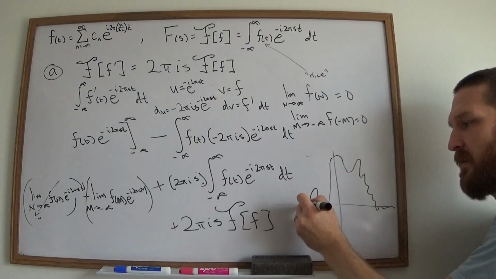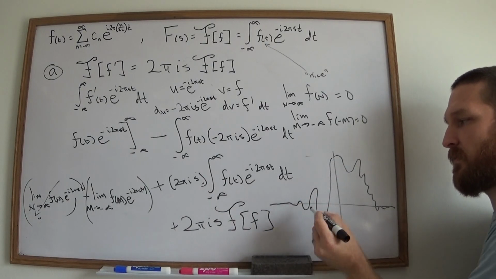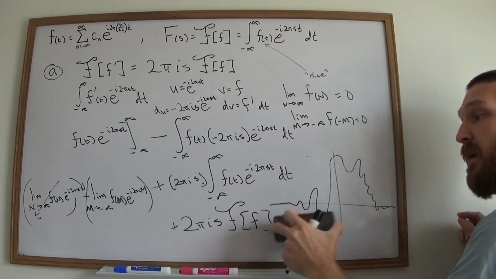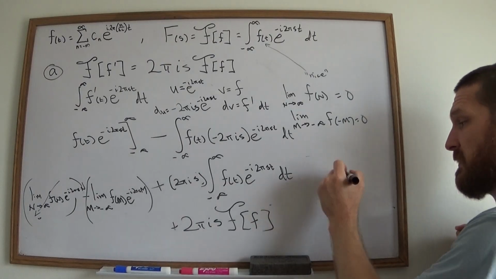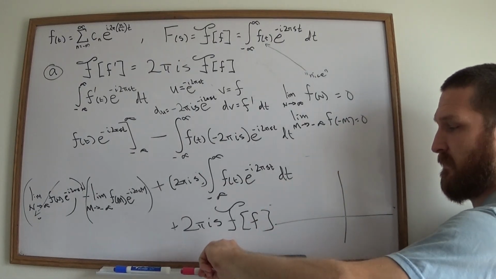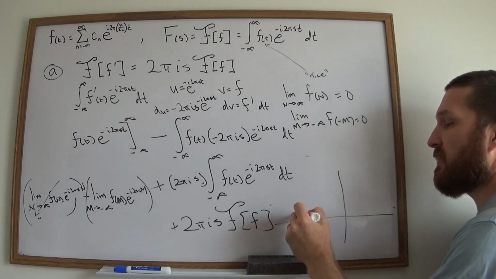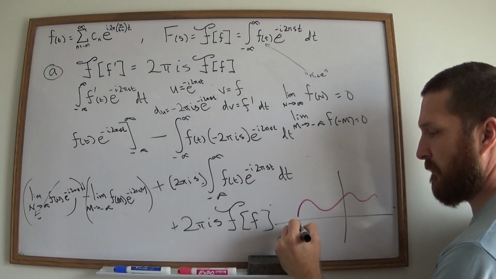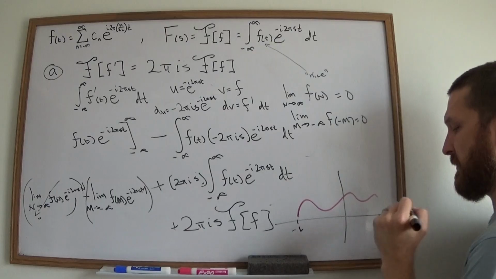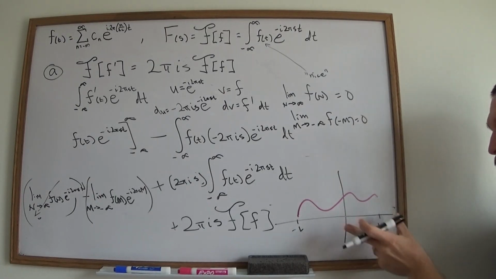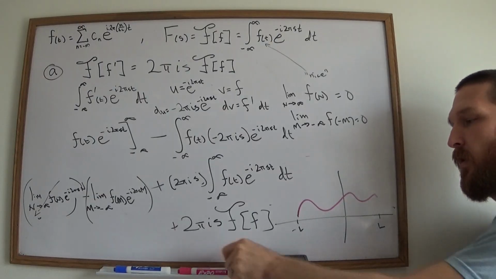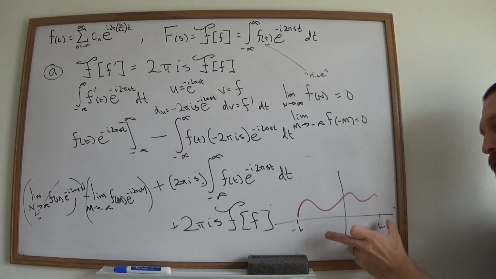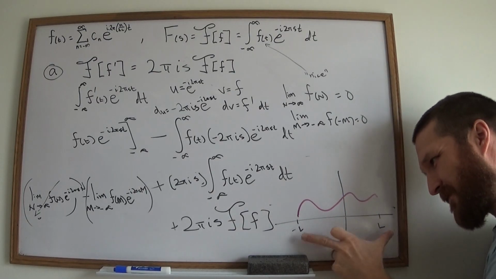He can do whatever he wants over here, but as time goes on, he's got to go to 0. So the limit of your original f has to go to 0 in both cases. Another way that that works, and like I said, this works for any finite function, or a function defined on a finite domain. Like I said back when I first introduced this in another lecture, you could take any finite function and it's going to work. And as long as it doesn't blow up or it's not crazy, any continuous function on any finite domain